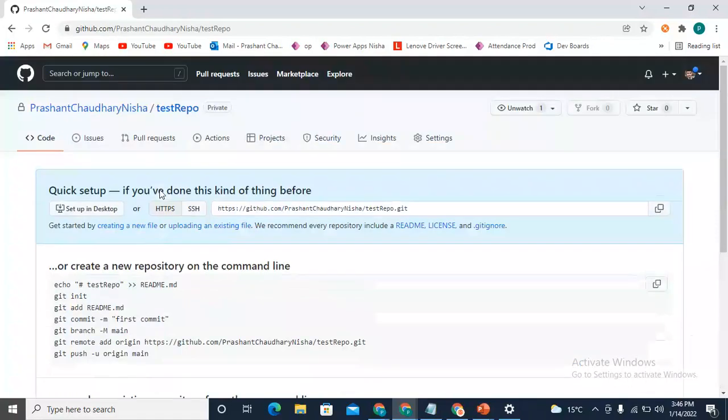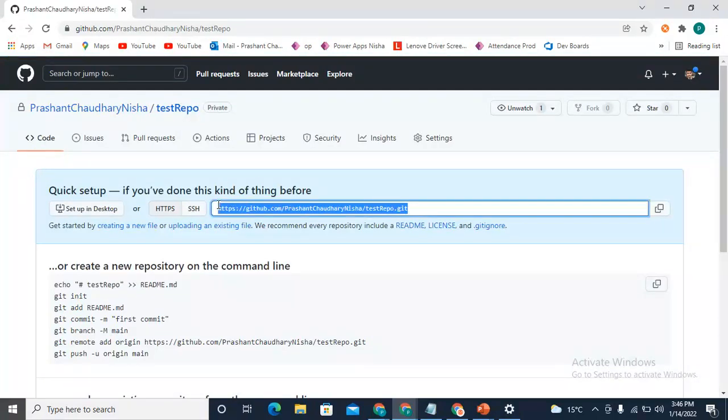So now here is my repository URL that I really need later when I try to integrate my Power App with this repository account, and the other stuff. Now I'm just navigating to my